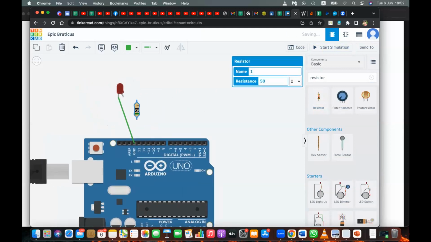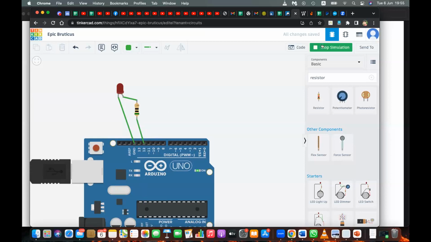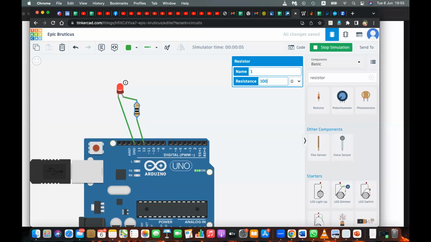Then this problem mark will not appear. I have added a 50 ohm resistor. Let's start the simulation. Oh, it still comes. Let's make it 100 ohm. Okay, it solved the problem. 100 ohm has solved this.